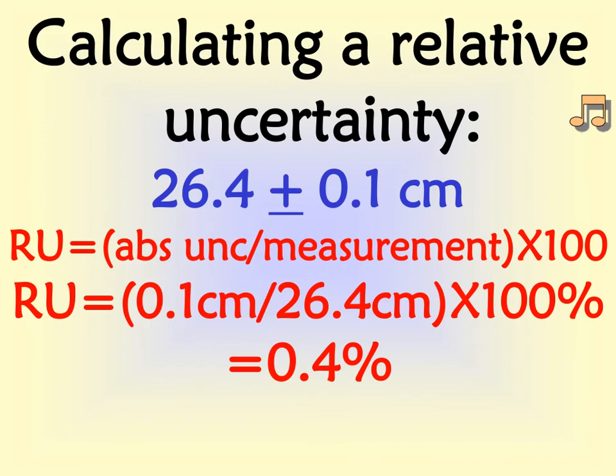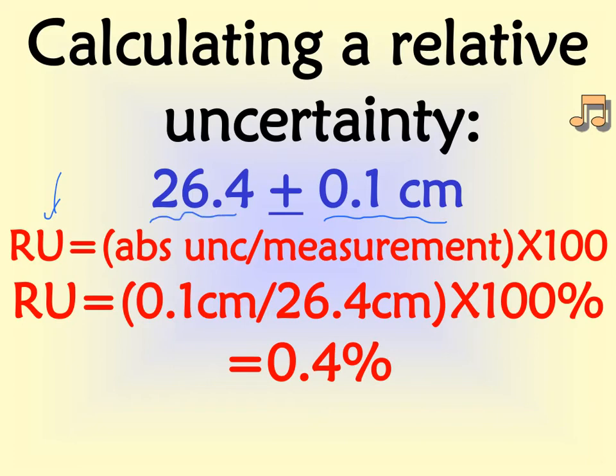So let's see, how do we get a relative uncertainty? Let's go back to our original number, the 26.4 plus or minus 0.1 centimeters. Here is the equation for relative uncertainty. It's the absolute uncertainty divided by the measurement. The absolute uncertainty is the thing that's listed after the plus or minus, and the measurement is the thing that's